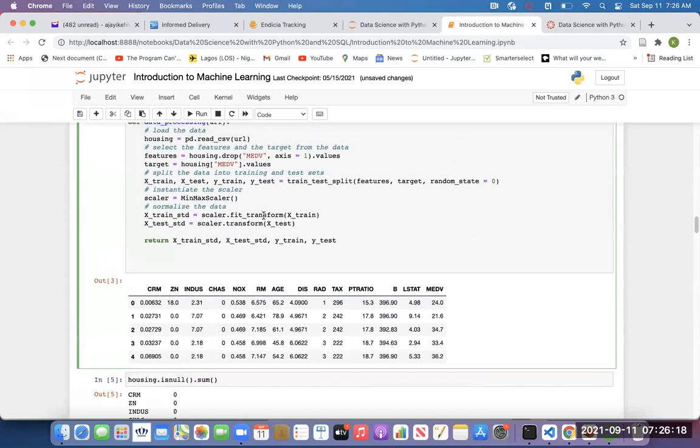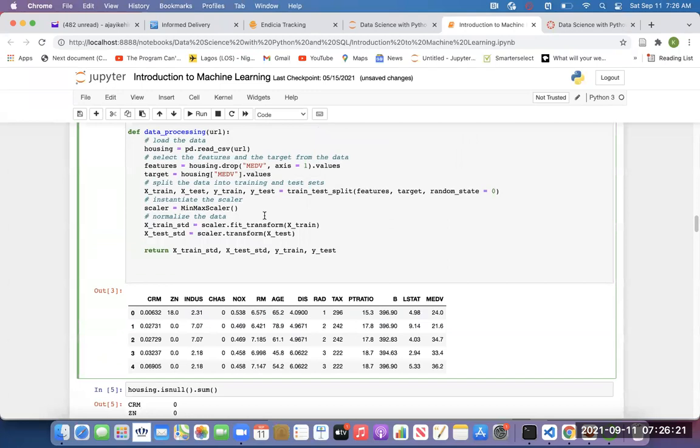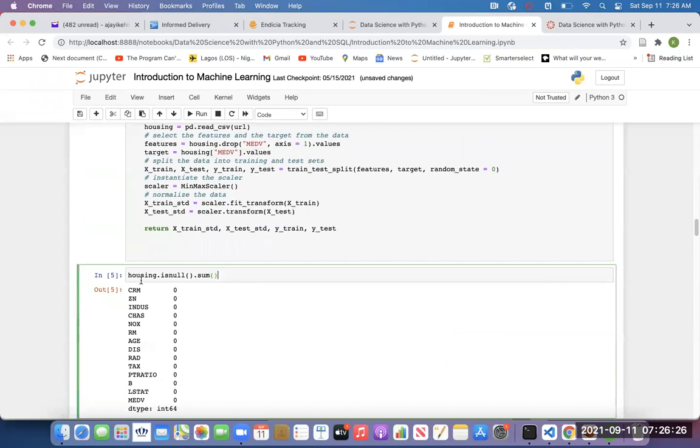Any other question? Okay, so that's all. Let's run this and let's see if our function is working. So we have the xtrain. If you like, you can call it the same name, it doesn't matter. XTR, that depends on you. Let's call the test set XTX and the ytrain YTR, and this YTX.